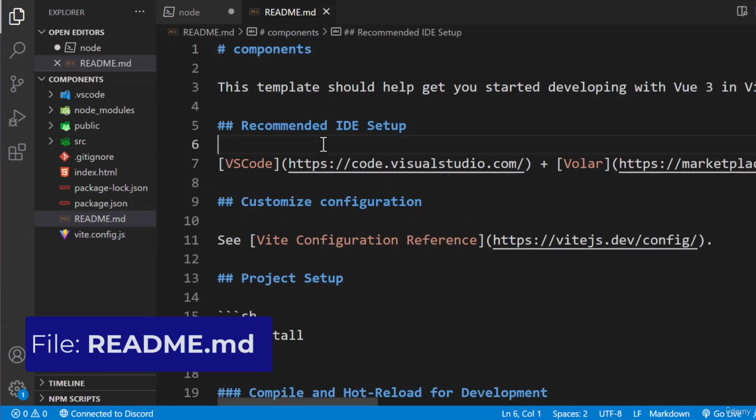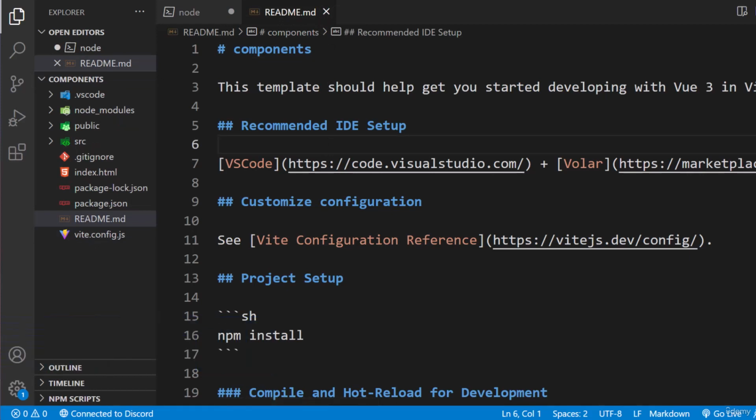The contents of the README file has information about how to run the project, basic information to help you get up and running. There's even a link on how you can configure the project created for you. The topics covered in the documentation are things we'll go over as the course progresses. Lastly, we have the